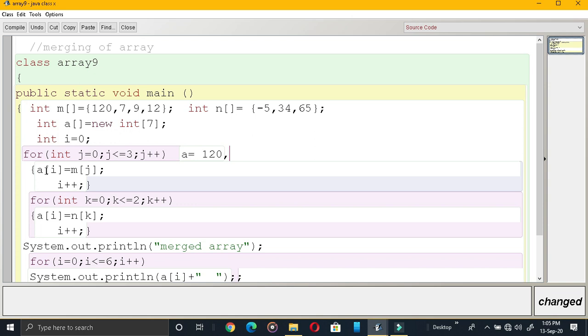Next, what is going to be done? I plus plus. I becomes 1. Now A of I means A of 1. What will be stored? M of J. M of J means this number will be stored. 7 is stored. Now next I plus plus. I becomes